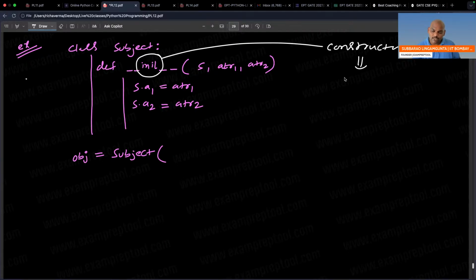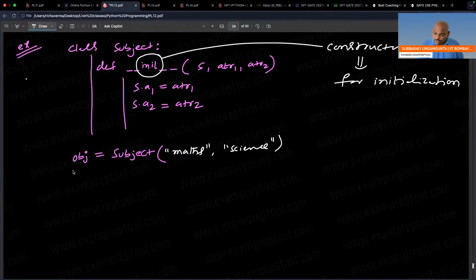Whenever an object is created, this is the creating object. Let me write also. Here maths I am writing, and here science I am writing.